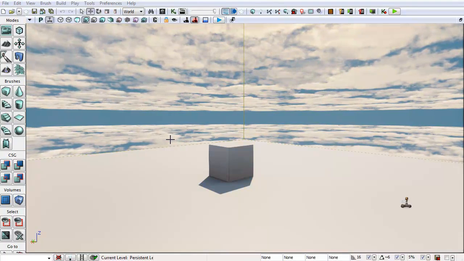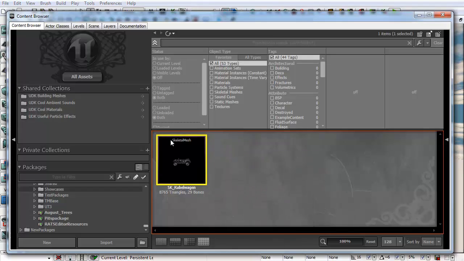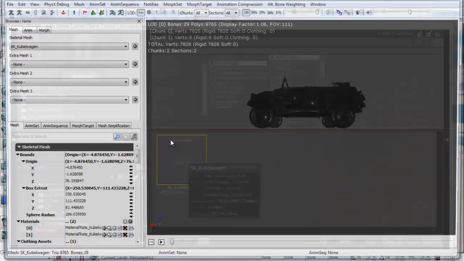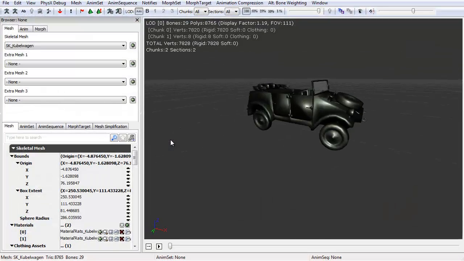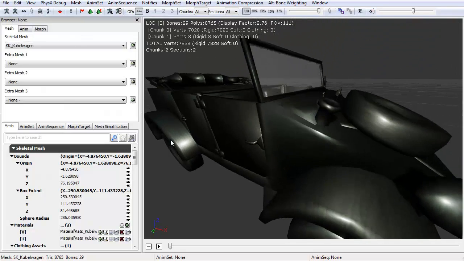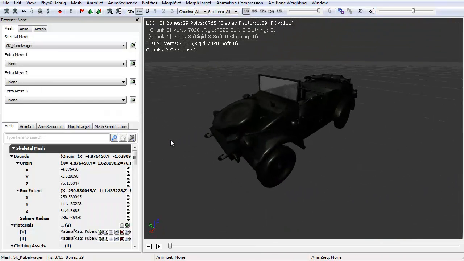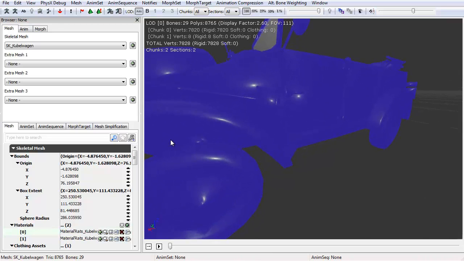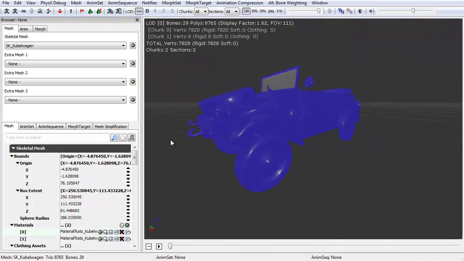So here we are back in UDK. There's our mesh, which just has a default material. There are 2 materials on this mesh. There is one for the body and one for the glass. The glass being a translucent type material